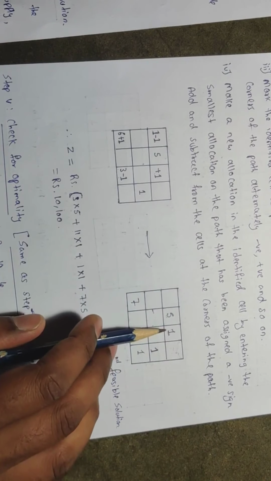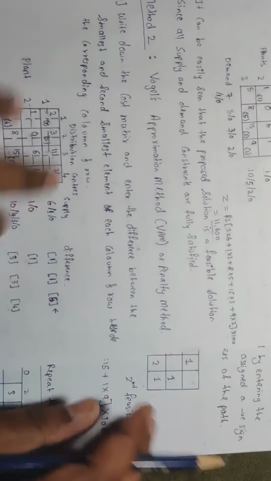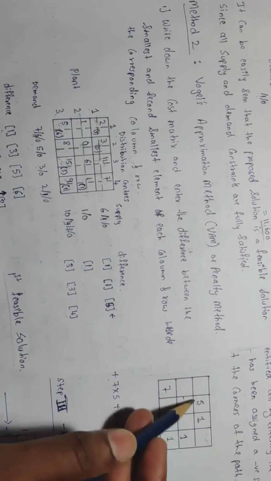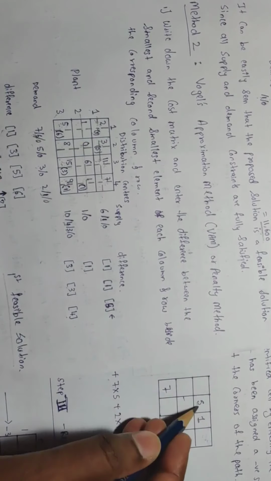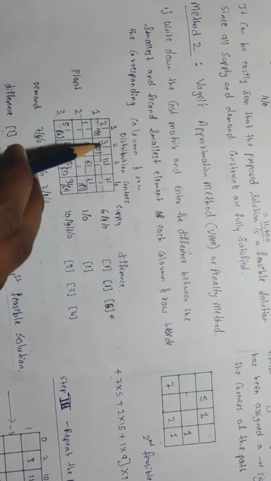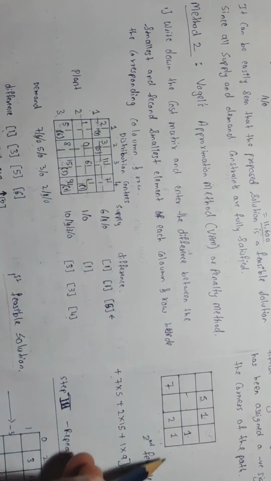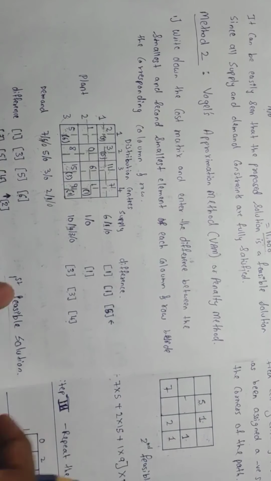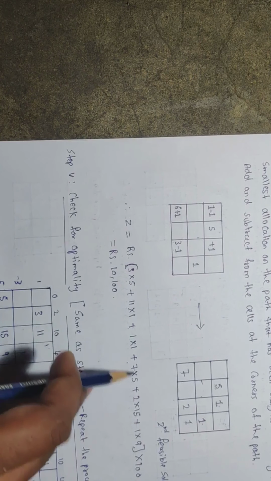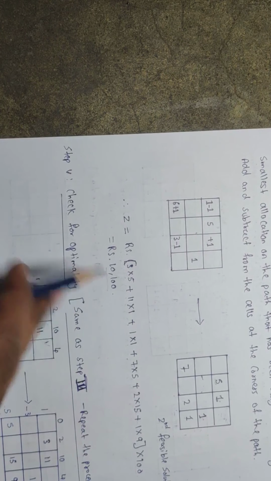Okay, so if you check from Vogel's approximation method, I have allocated some values here, 1, 5, 1. So these are nothing but the new allocated values. With respect to this, now multiply and find out the cost of the new table. Now 3 into 5, 11 into 1, 1 into 1, 5 into 7, 15 into 2, 9 into 1. Multiply and check what the values will be. So you can check 3 into 5, 11 into 1, 1 into 1, 7 into 5, 2 into 5 into 1. So 10,100.